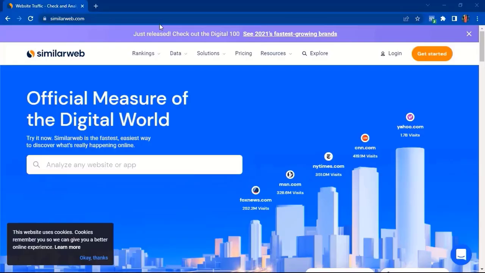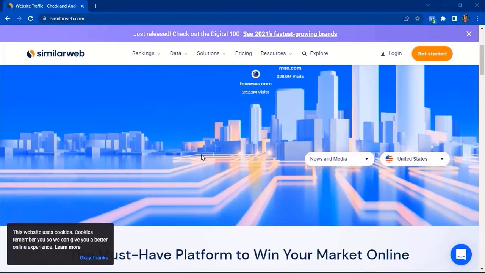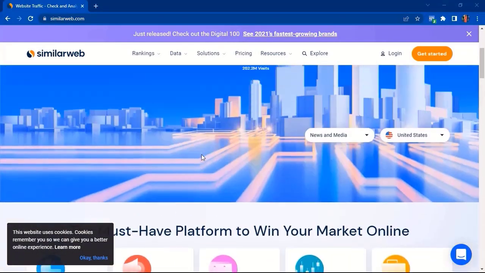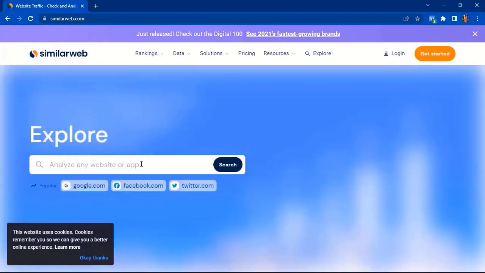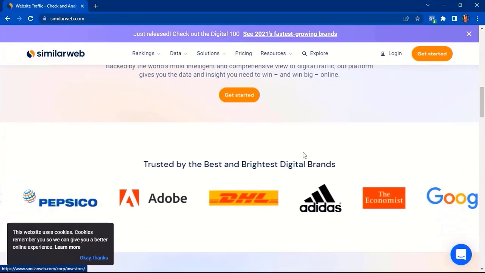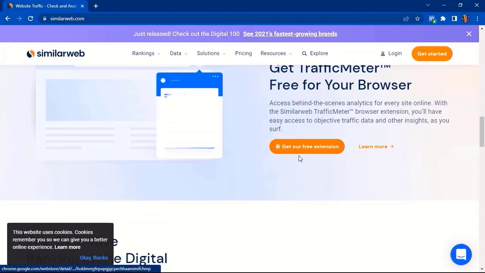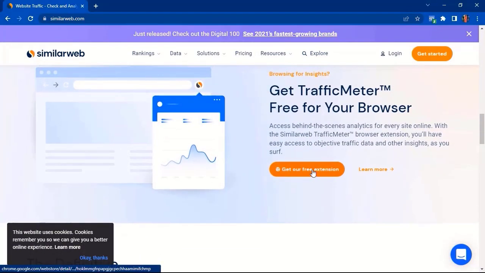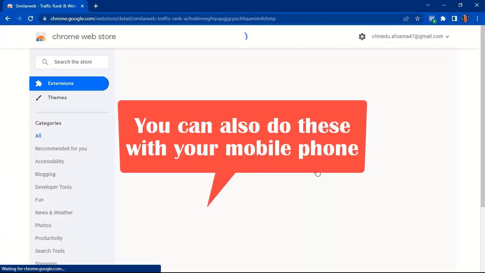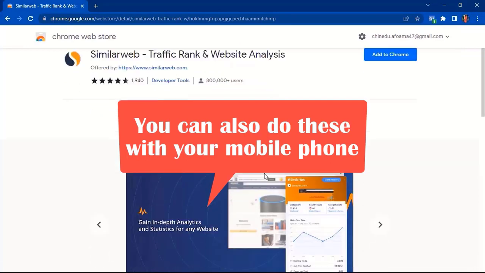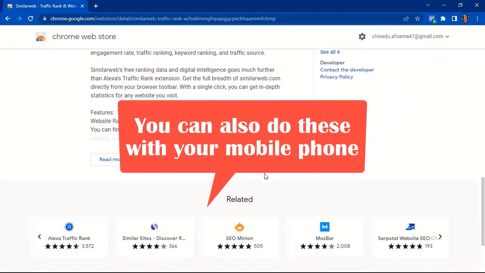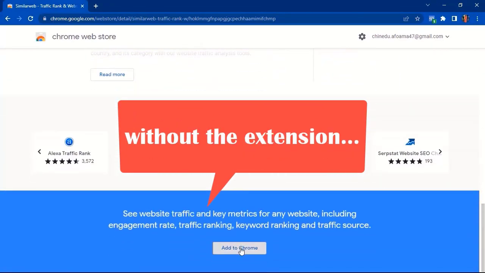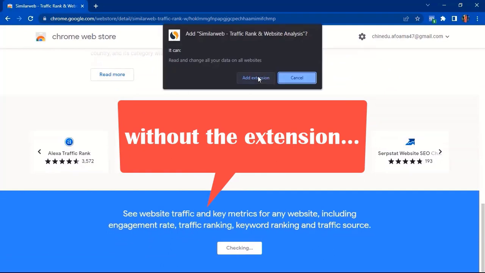So to show you a practical exercise of this, here we are in similarweb.com, right? So here's the thing, I can go ahead and type in the websites that I want to analyze here, right? But I want to show you something cool first, something really interesting. Now, in case you're using Chrome, there is an extension for you to do this. So let me go ahead and install this extension. Here, they're going to try and sell you on why you need the extension. You already know, so I'm going to click on Add to Chrome, Add Extension.